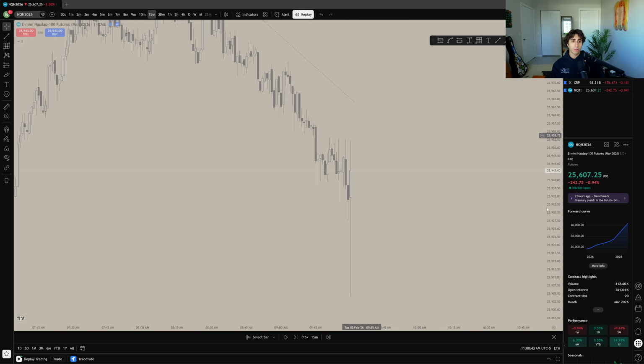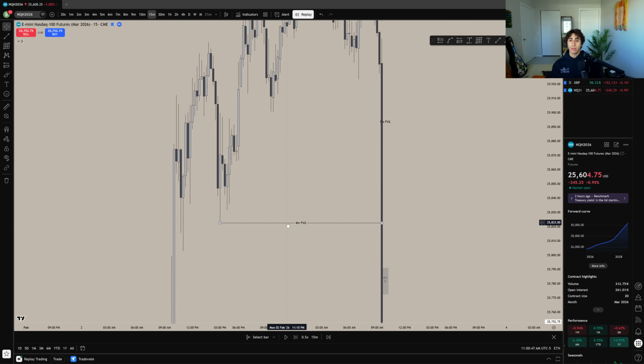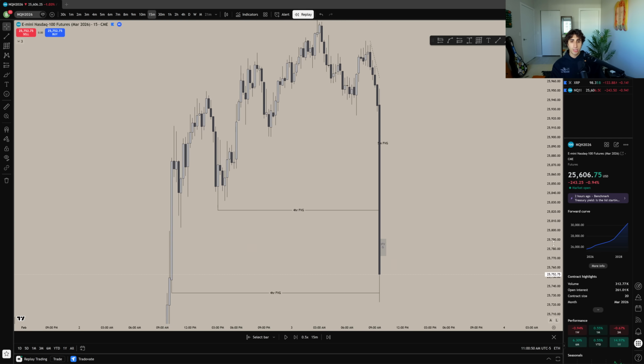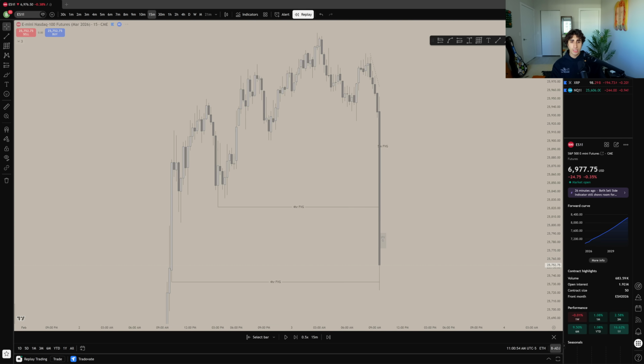Because we are generating liquidity, we are adding to our liquidity pools, right? And then we end up trading lower. We end up trading into this 4-hour fair value gap right here. We then also traded even lower to that, hitting this 4-hour gap that's a little bit more in discount, while